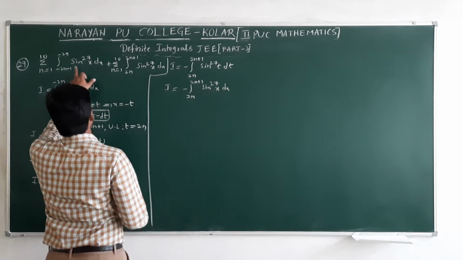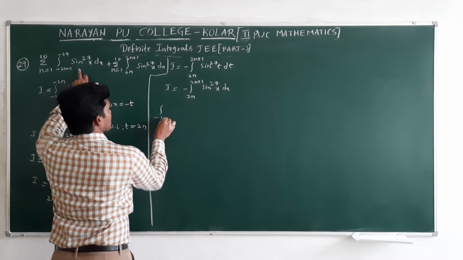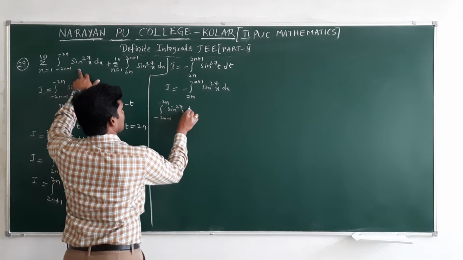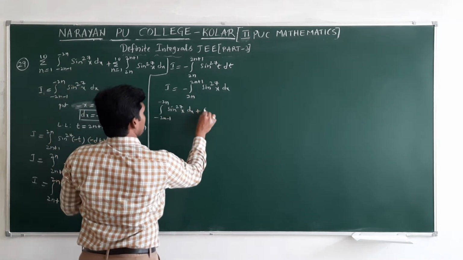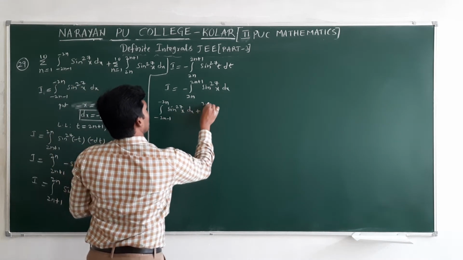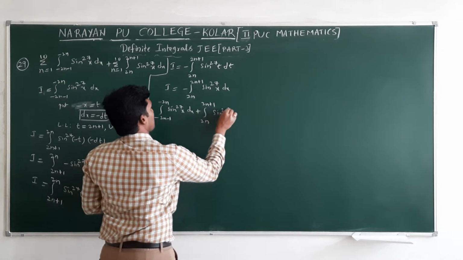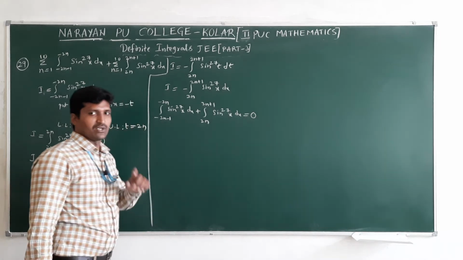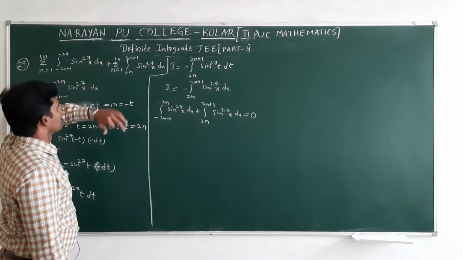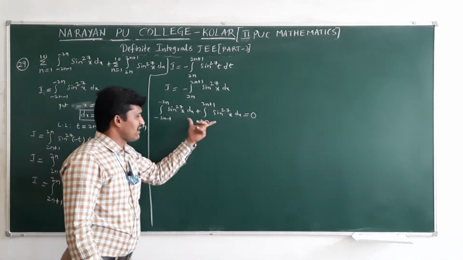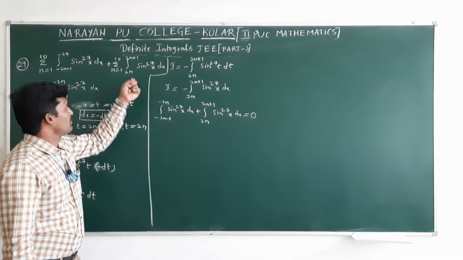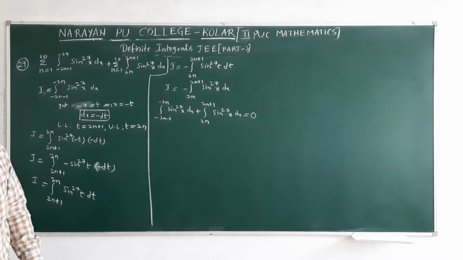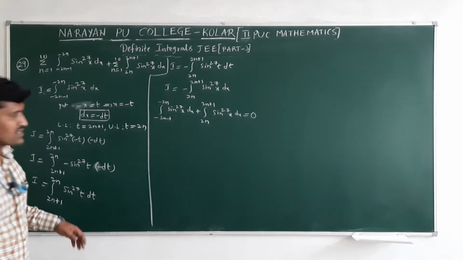Already on the left side, what is I? Minus 2n minus 1 to minus 2n sin^27 x dx. Send this to the other side, it becomes plus integral 2n to 2n plus 1 sin^27 x dx. This value becomes what here? 0. If you take summation also, the sum of any value you are taking, the integral value becomes 0, meaning the sum of these two, because summation we can take common overall. So the value of this is clearly 0. That is option D.